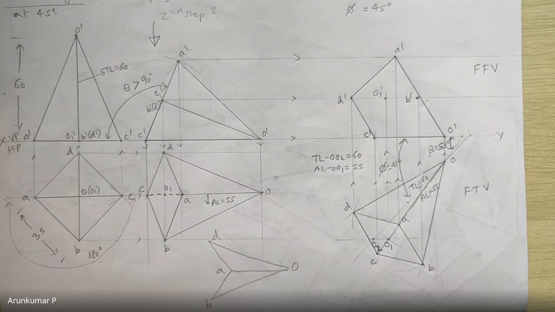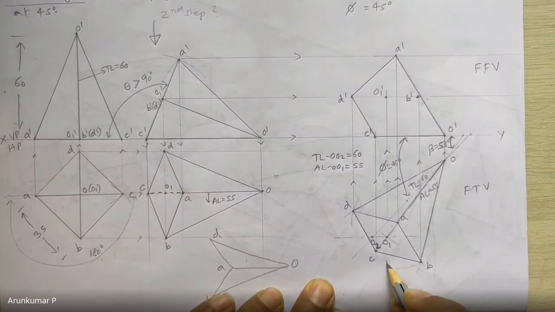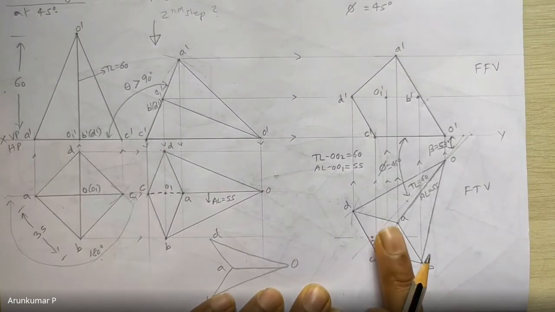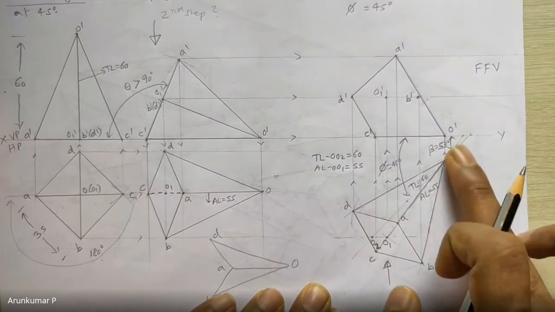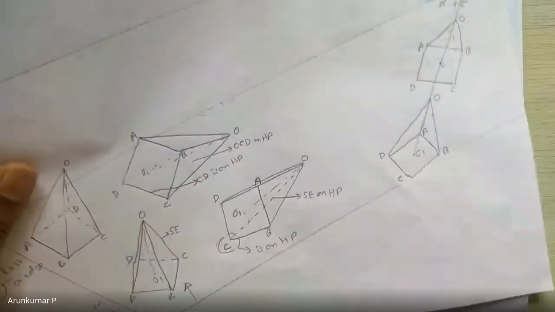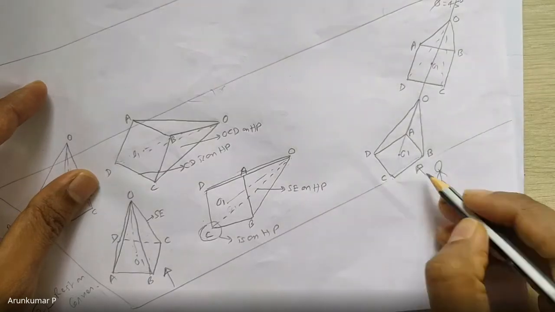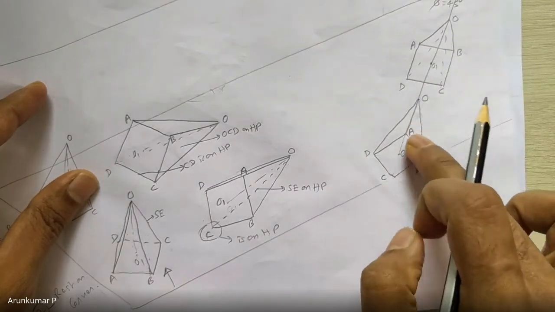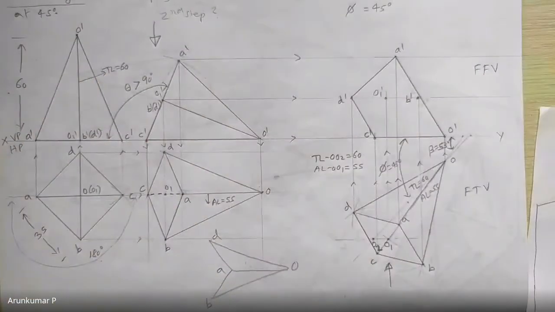Now, the second rule, I think this also we have discussed. When you look from the front, which is nearer to the observer? Is the base nearer or is the apex nearer? You can check out here also. You are standing here and looking in the front view. Which is nearer to you? Is the base nearer or apex nearer? Base. Yes, so that is the next thumb rule.